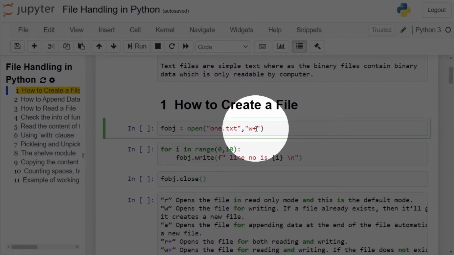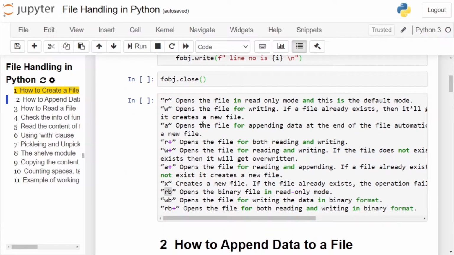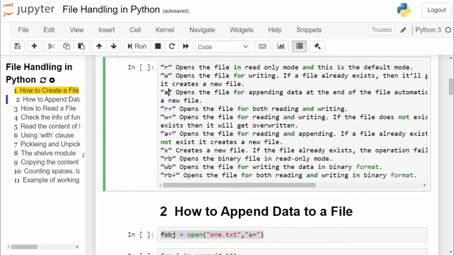So what are the various modes available for creating a file? You can open a file in read mode, which will allow reading only; write mode, which will allow writing into the file; and append mode, which will allow extending the content from the end of the file. If you have r+, w+ and a+, it will support both reading and writing.